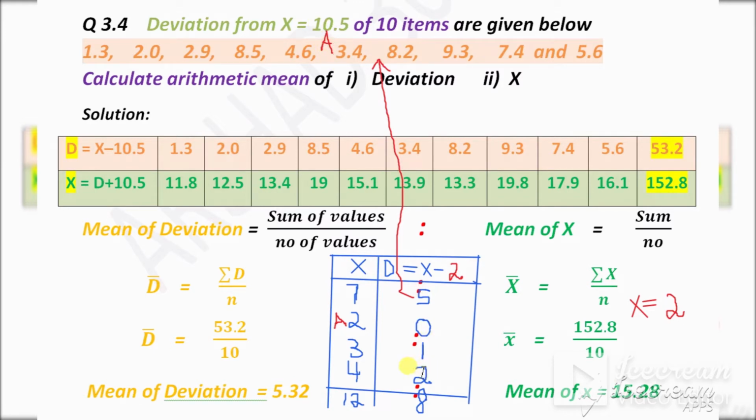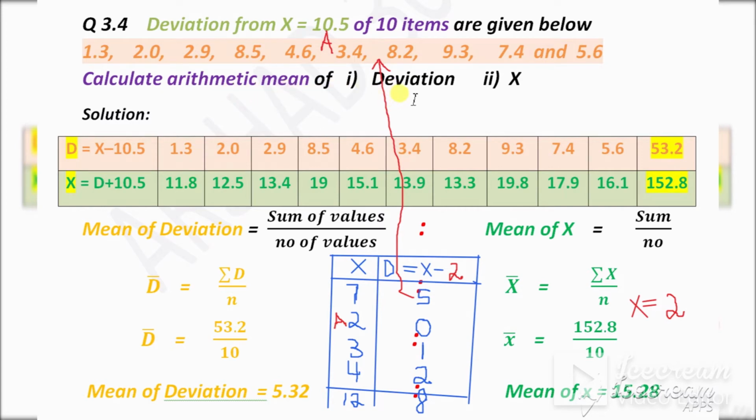Now as here, these are the deviation taken from 2, because I have subtracted 2 from each number here. Now in this question they subtract 10.5 from x, then you will get these d numbers. So these are the deviation, and this one 10.5 is a. Now deviation I can write directly d is equal to these numbers, and find the arithmetic mean of this deviation.